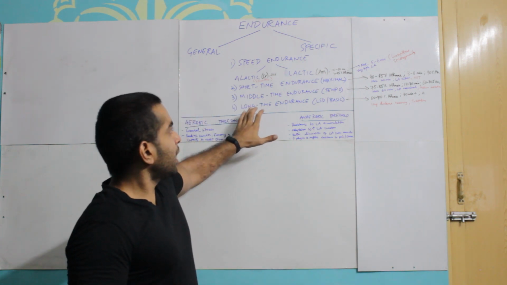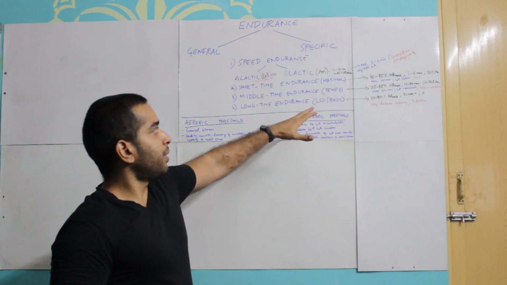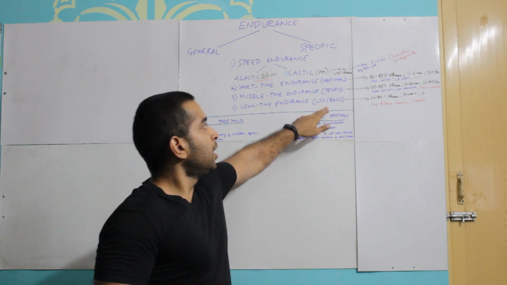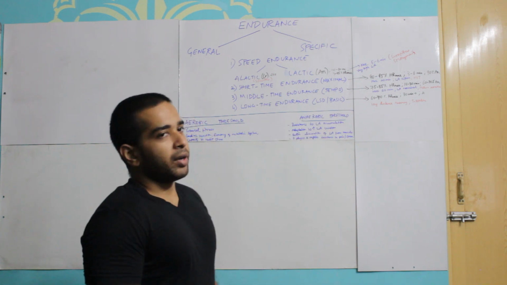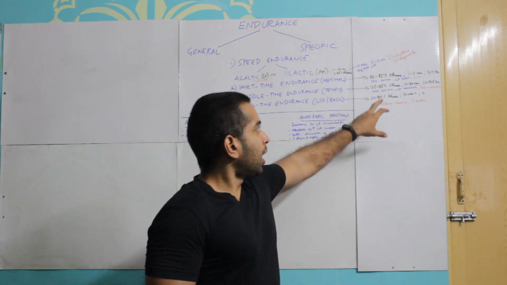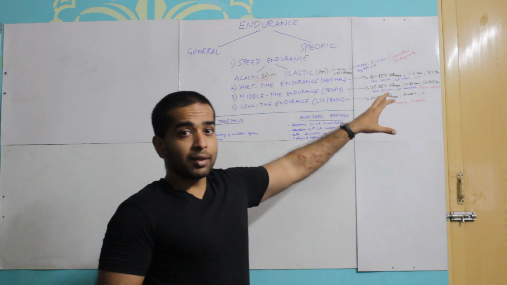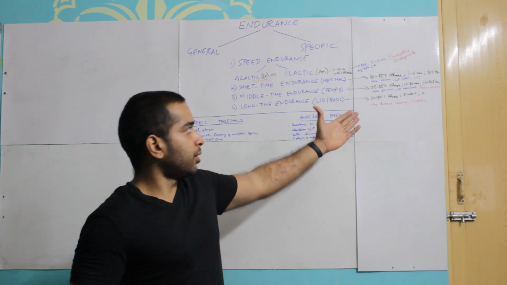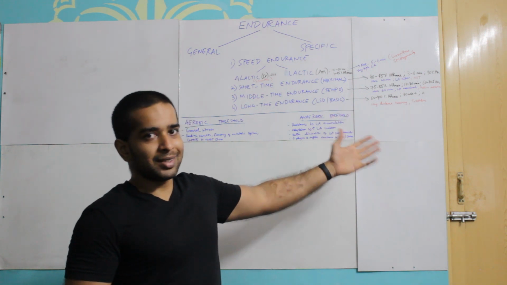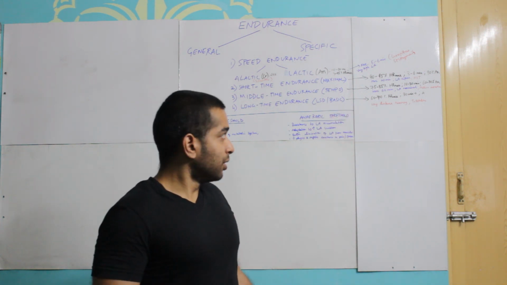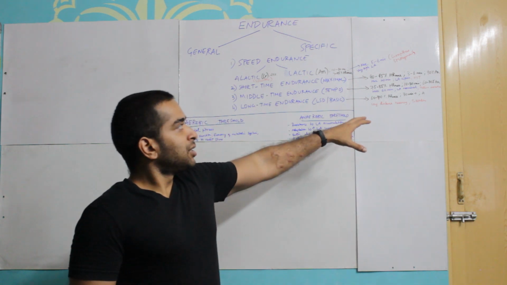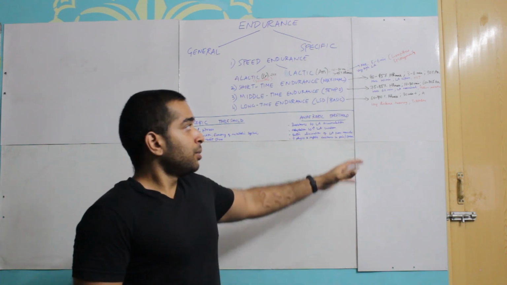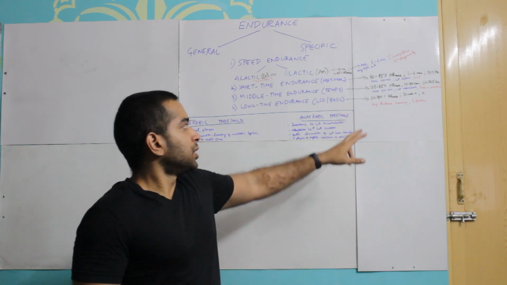Number 4, long time endurance. One of the training methodologies is called long, slow distance, that is why LSD, or basic endurance. Here, you're training at 60 to 70% of your heart rate maximum. You're doing this type of activity, low intensity, high volume activities for usually greater than 30 minutes and extending up to maybe a few hours. The main energy system that provides energy here is the aerobic system, which is more efficient than the anaerobic system or the phosphagen or creatine phosphate system.